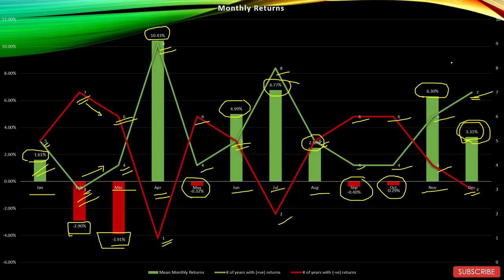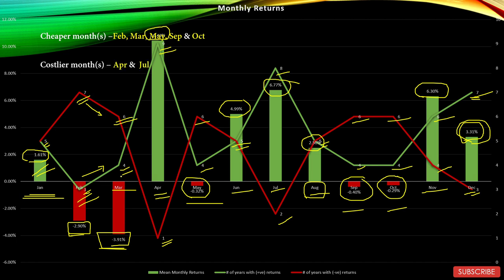Let's see the takeaways. The cheaper months: February, March, May, September, October. All of these months have given average negative returns over the last 10 years. August too does not have a very good average. January too does not have a very good average, but still